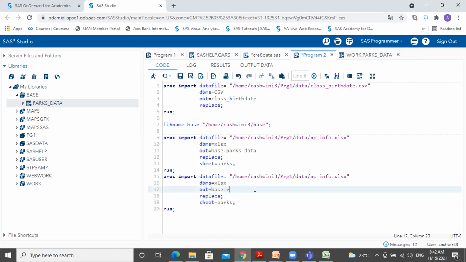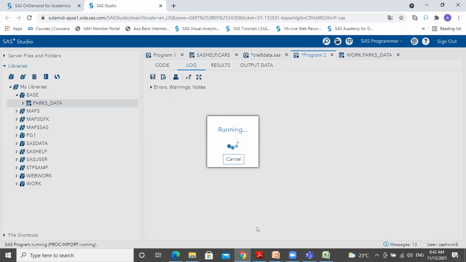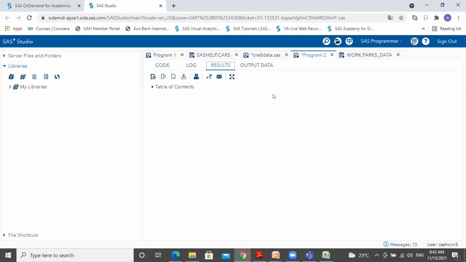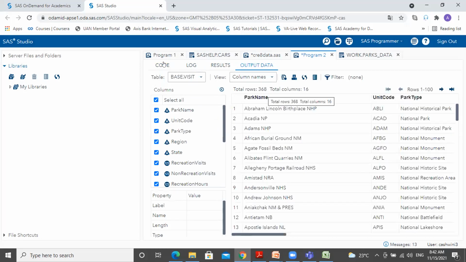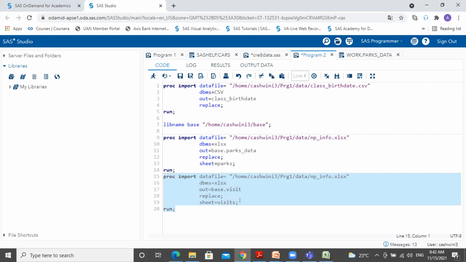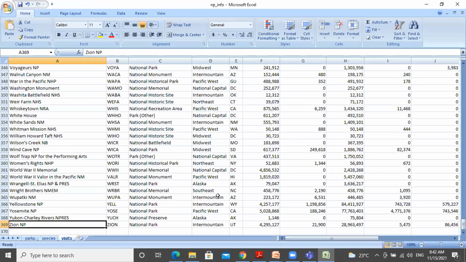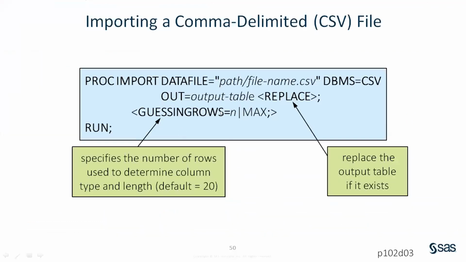Now I use this visit data to be read in my data file, and the sheet which we'll be using to read is visits. Okay, so look at this. I'm trying to read the visits sheet into my SAS environment with proc import. It's reading 368 rows, all fine. But in case it was limiting the read, you can always use an option called guessingrows. So what is this option doing?